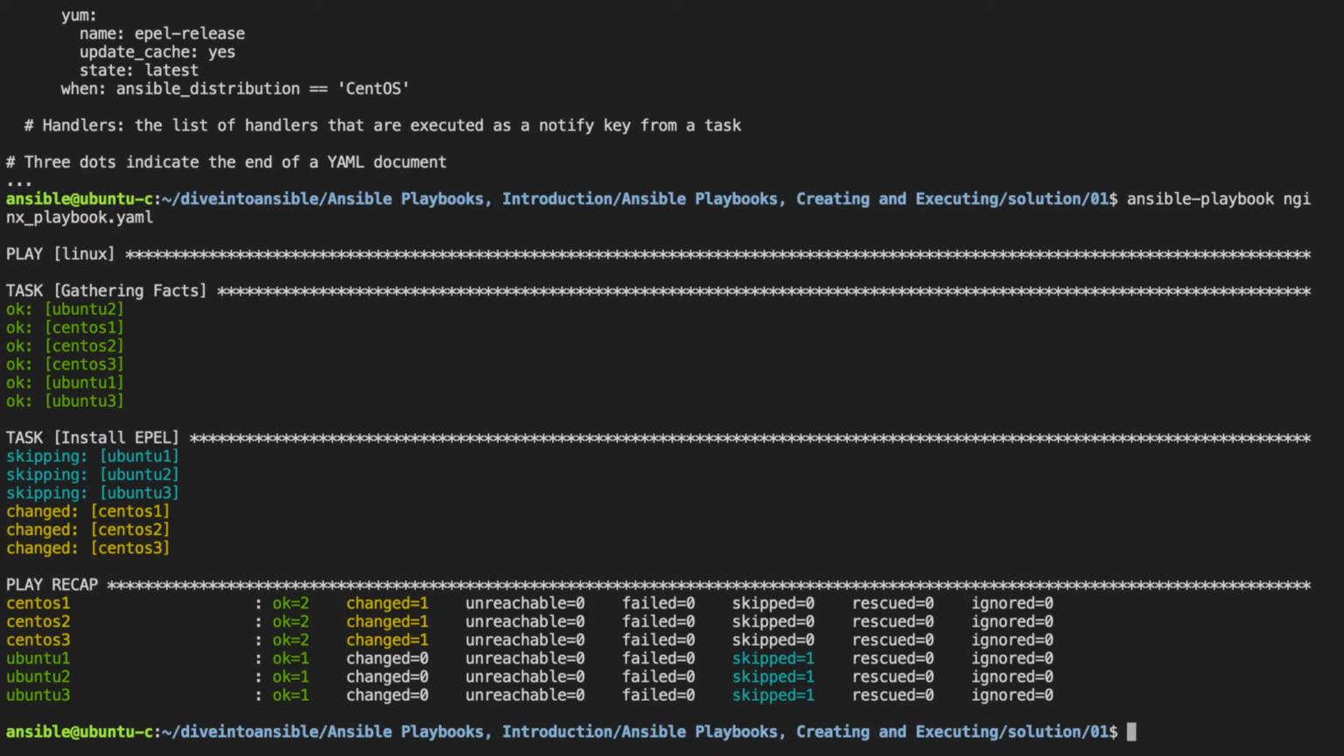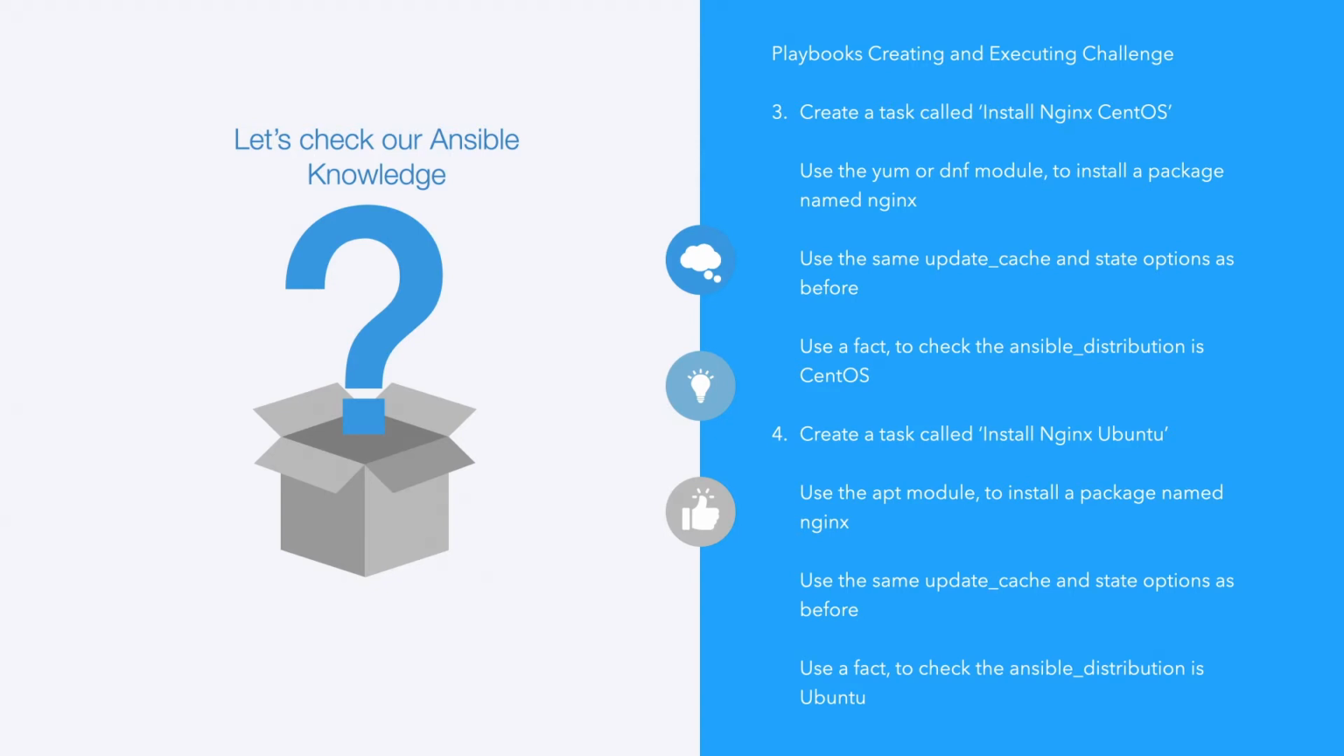Okay, great. So you can see there it skipped the Ubuntu host because of our when condition, but this has been successful for our three CentOS hosts. Okay, so the next tasks. We're going to